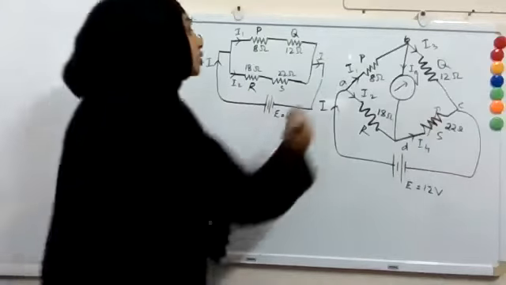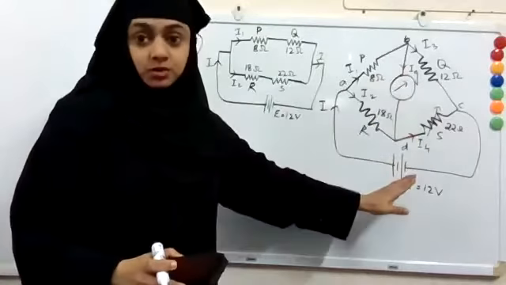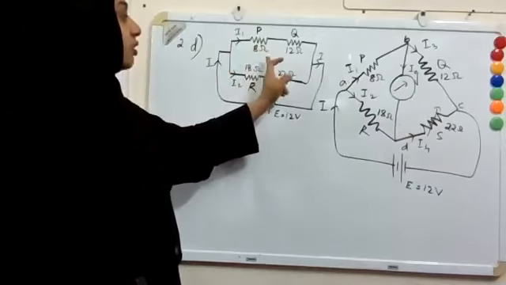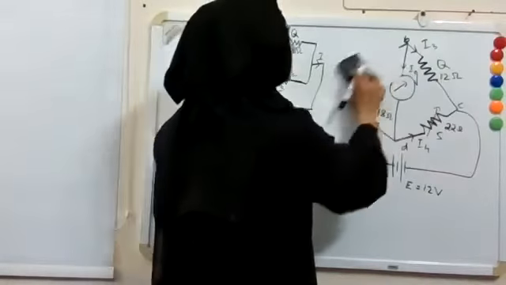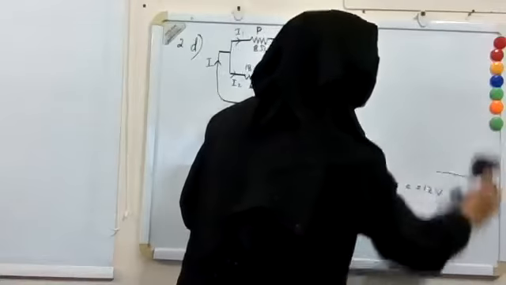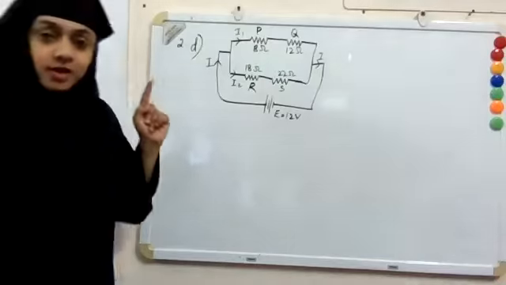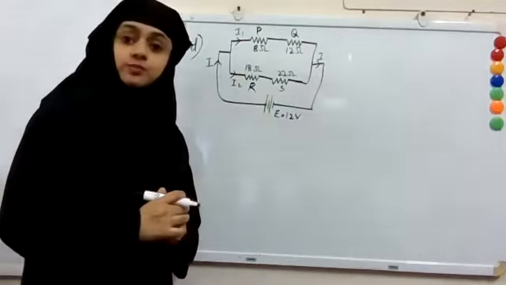I will need more space, so let me rub this figure, which is in the question. Okay, all the quantities which are given in this, I have carried over here. Only there is absence of the galvanometer. So this is the circuit. Now, how will we directly find I1 and I2?